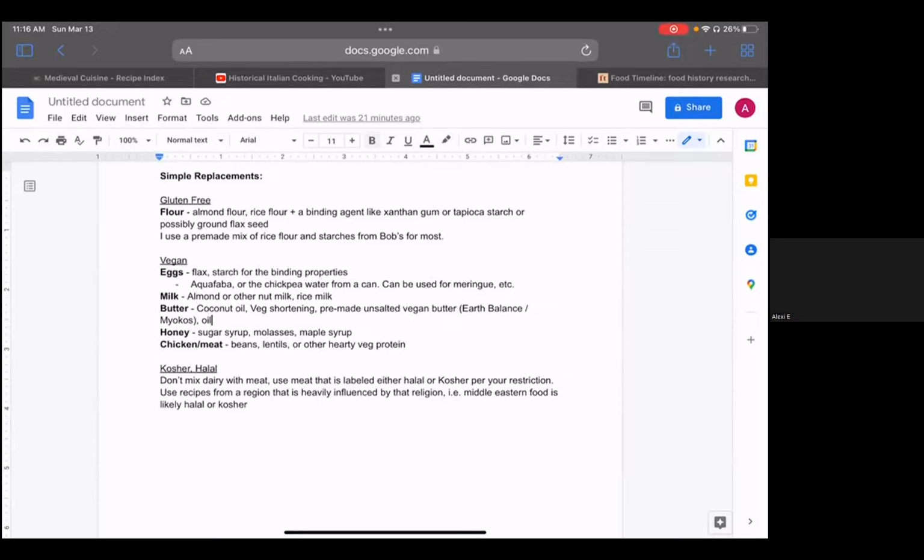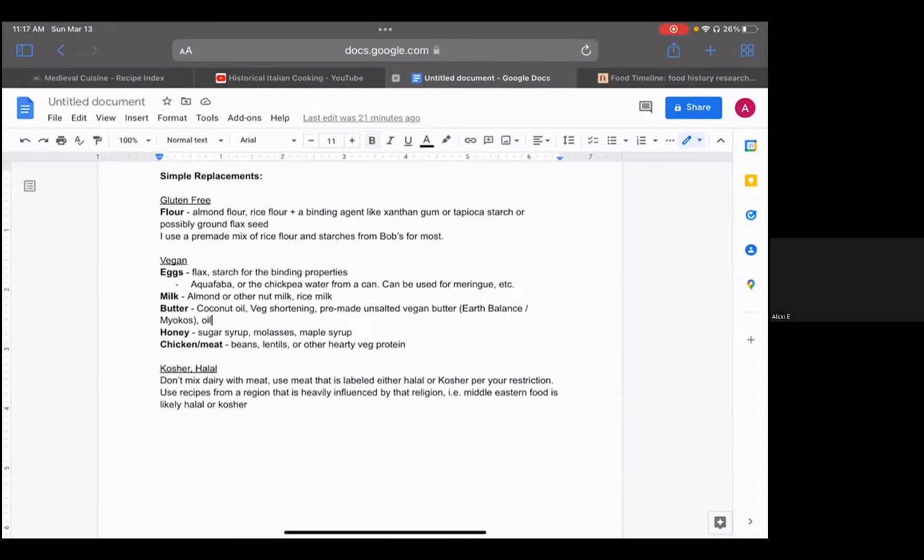For a lot of recipes for things that you want to be meatless, you want to look for either a side dish or the quote unquote peasant dish, because historically the lower classes, those who did not have as much money to afford meat all the time, made full meals with what they were able to grab, which often wasn't meat. So that lends itself very nicely to those who are vegetarian. Beans, lentils, and other hearty mixes of vegetables can come together to be very hearty.